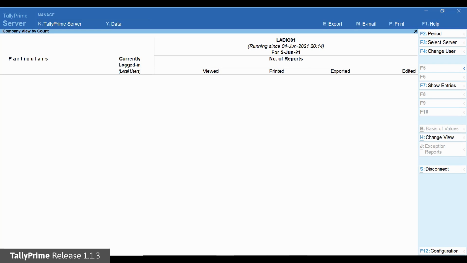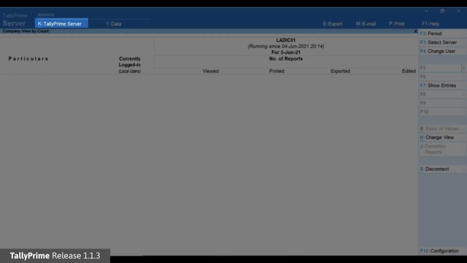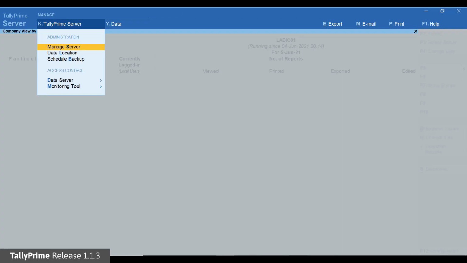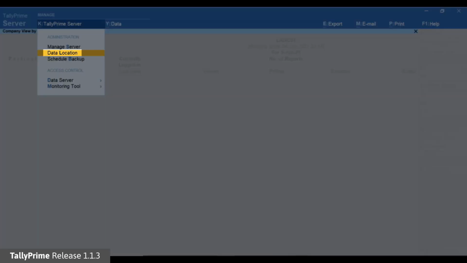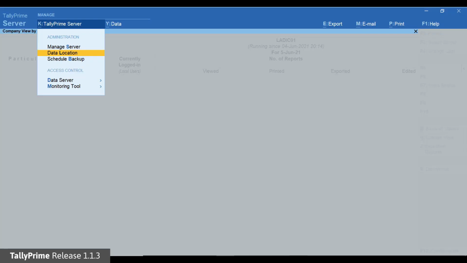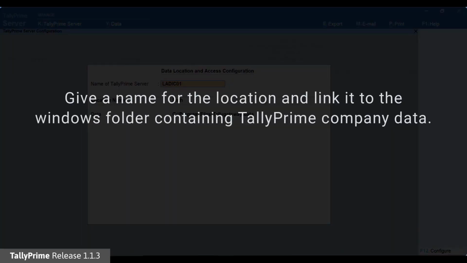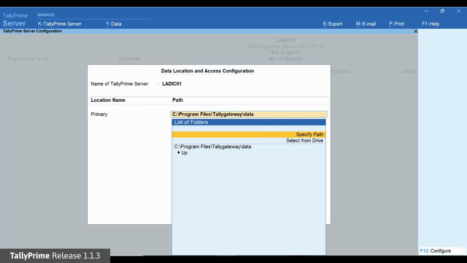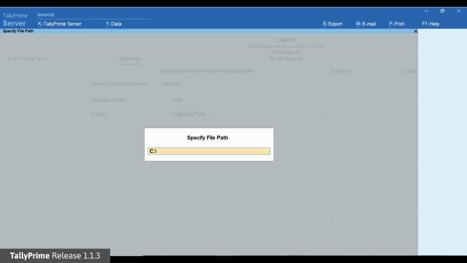In the TallyPrime server monitor, press Alt-K or click on Tally Prime Server in the top menu. Select Data Location and press Enter. Under Data Location and Access Configuration, enter location name and specify the Windows folder in which Tally Prime data is saved as the path.